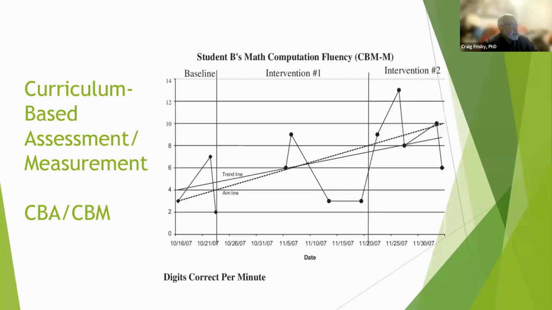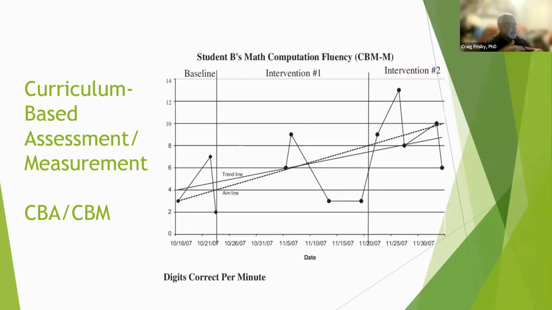You would give them 1 to 3 minutes to fill out these worksheets, and then you would score the worksheets as the number of correct items per minute. And then you would graph the student's performance across weeks and months. And basically, that is the way that you would make decisions about their schooling. And I know that many of you are familiar with the response to intervention movement, and that movement uses curriculum-based assessment in many of its activities.